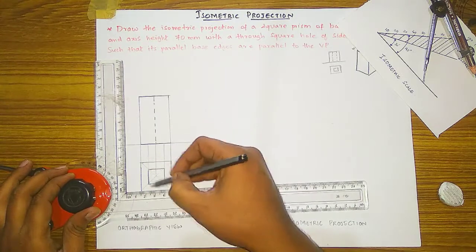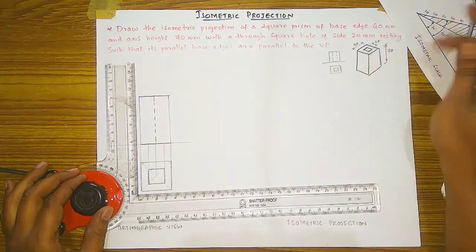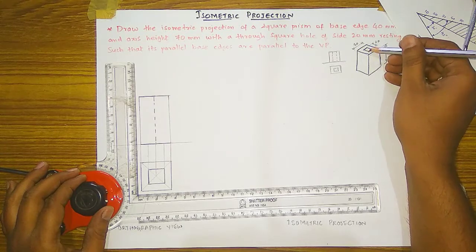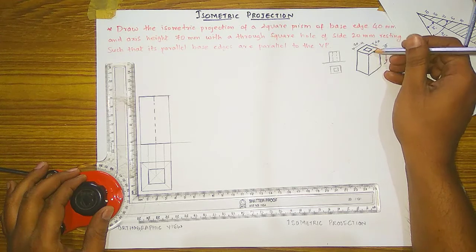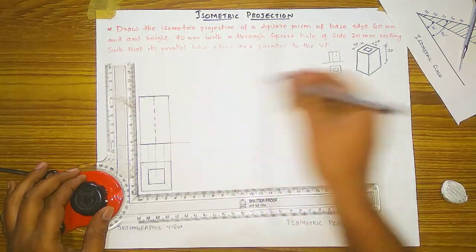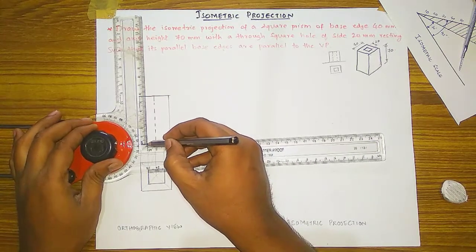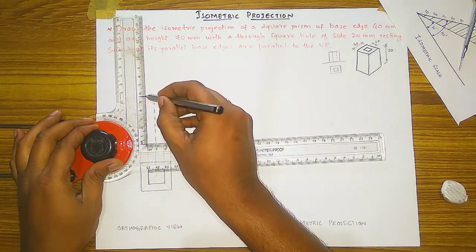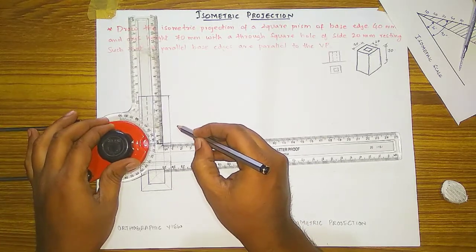And one more, your square is having this cutout. So if you see this square prism from the front, this cutout is not visible. So for the invisibility, this cutout is invisible. To show this in the drawing, you have to take a dotted line like this, having a 20 mm distance. So already I am having this isometric scale distance, so from here only you have to take a dotted line like this, and from here also.